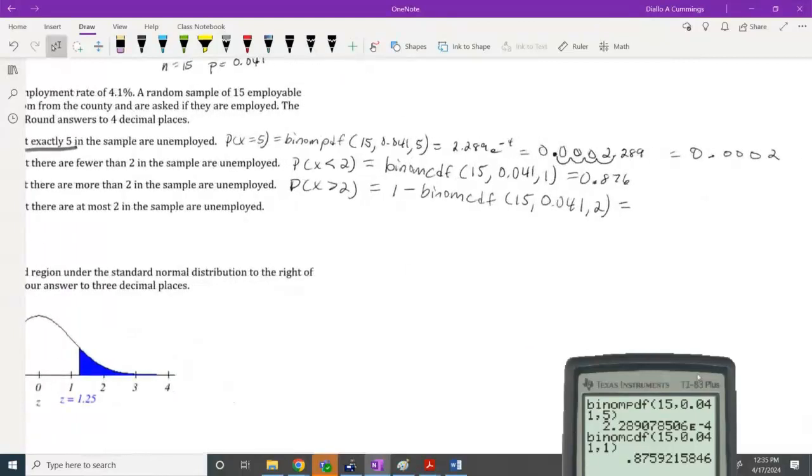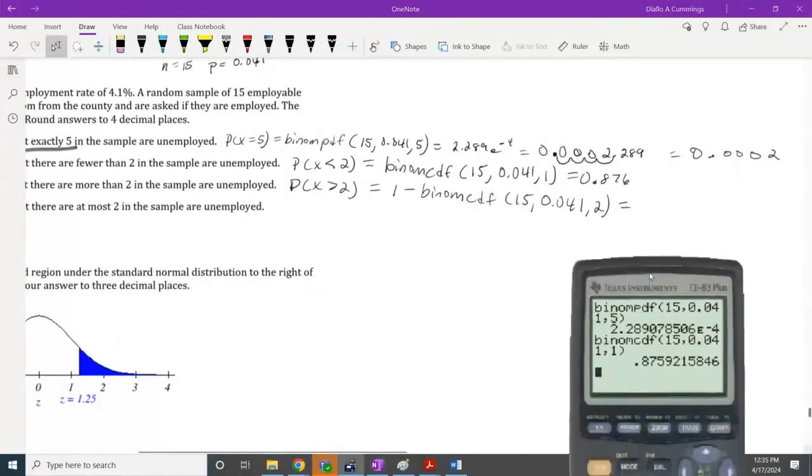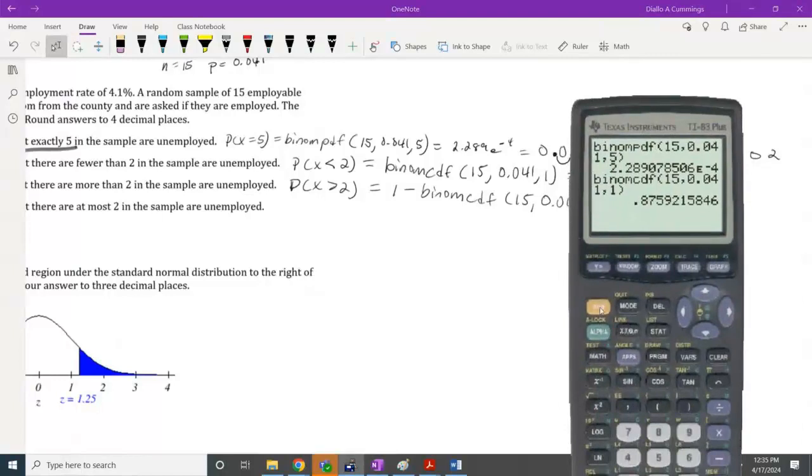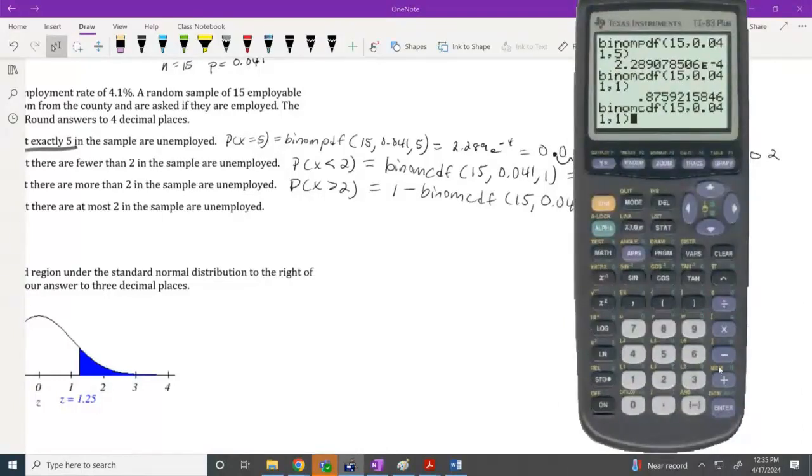If you put that into the calculator, you should get